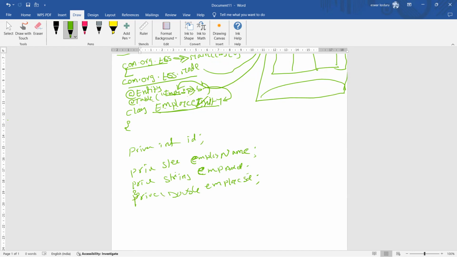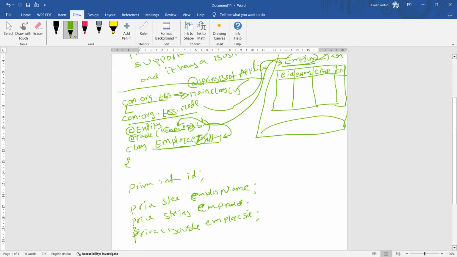These are the properties you have added, but your table